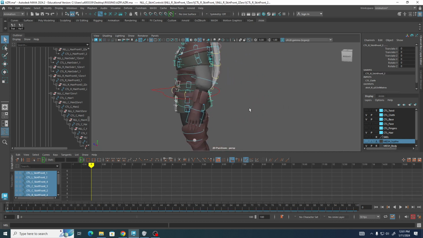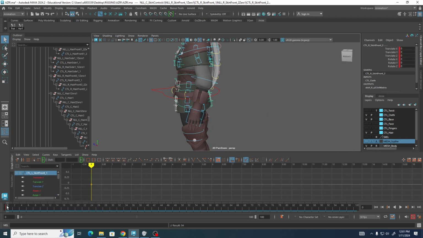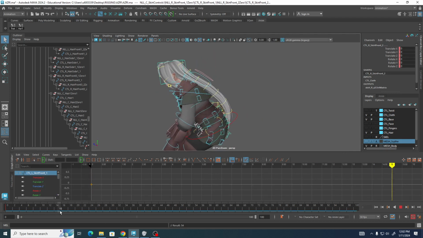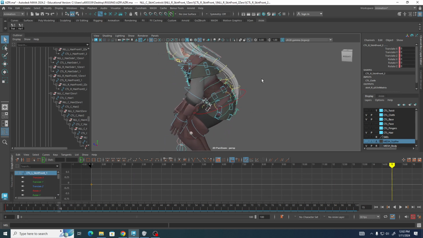At frame 0, I'm going to hit S to keyframe them. And then at frame 15, I'm going to rotate them out so that they,